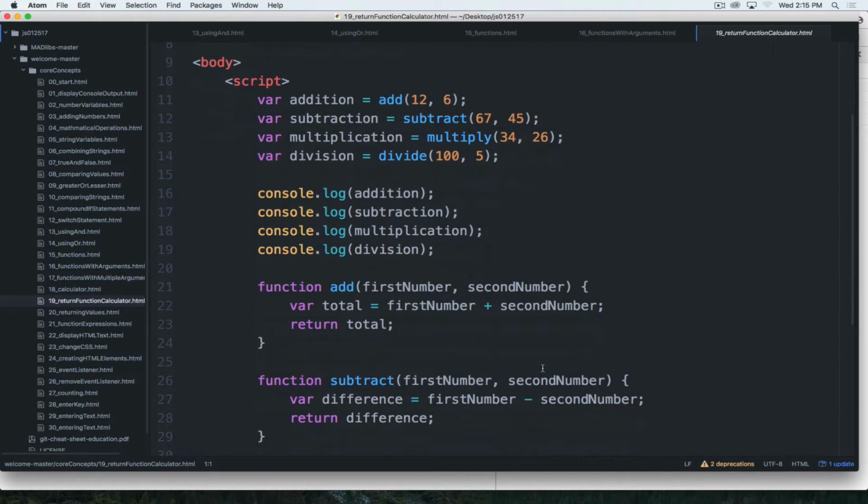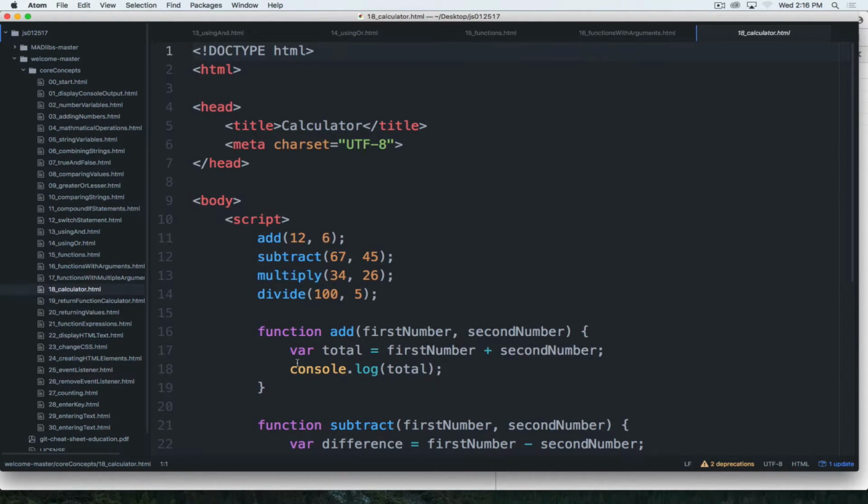Now, another way to work with it then is to take that a little bit further. The previous file, looking at this, it just logged these values out to the console. Didn't give me anything to work with, so I called add, it put it in the console. But if I want to do something with that number